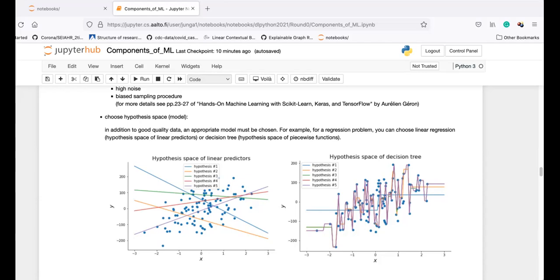We try to find a predictor map that has the minimum average loss on training data, so for data points for which we know the true label values. This average loss is also called empirical risk. So empirical risk is average loss on labeled training data. And we want to find the predictor with minimum average loss.